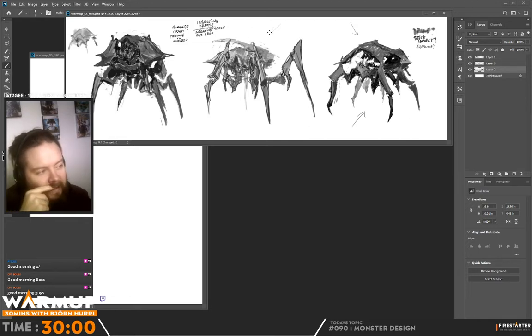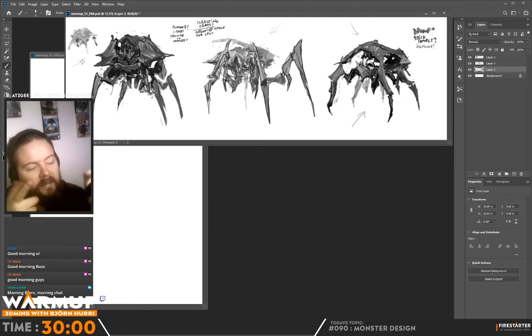I like the idea of interlocking limbs. I like the spindly feeling. I like the expanding idea, like crunch together. And I also think I gotta...